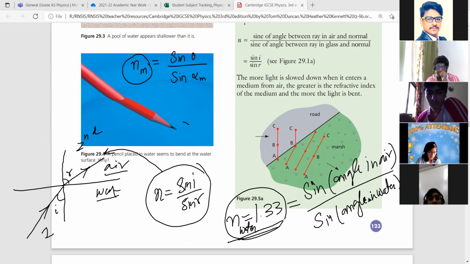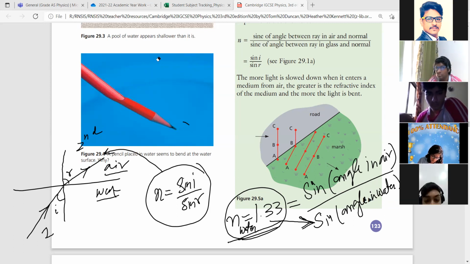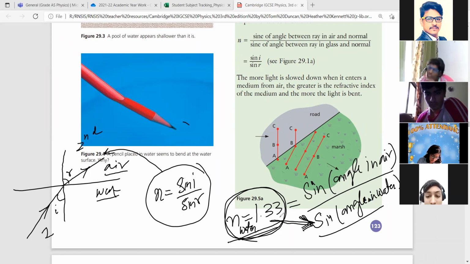Because they have given us the refractive index of water, always put the angle of that medium in the denominator. Remember this. Forget my formula now, I just gave it to explain. What you're going to remember is, if any refractive index of a medium is given, always put the sine of the angle of that medium in the denominator, whatever the case. The angle inside that medium should be in the denominator. If you do this, none of the questions that you solve in the entire light chapter will ever go wrong. Remember this concept and please write it down. If the refractive index of a medium is given,